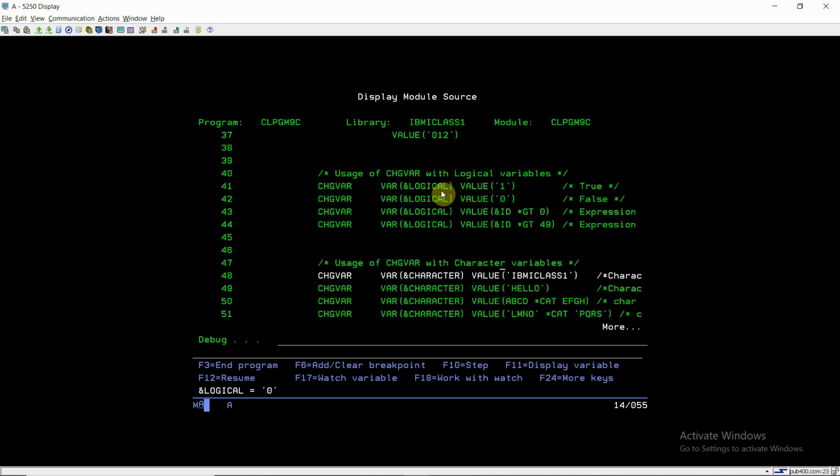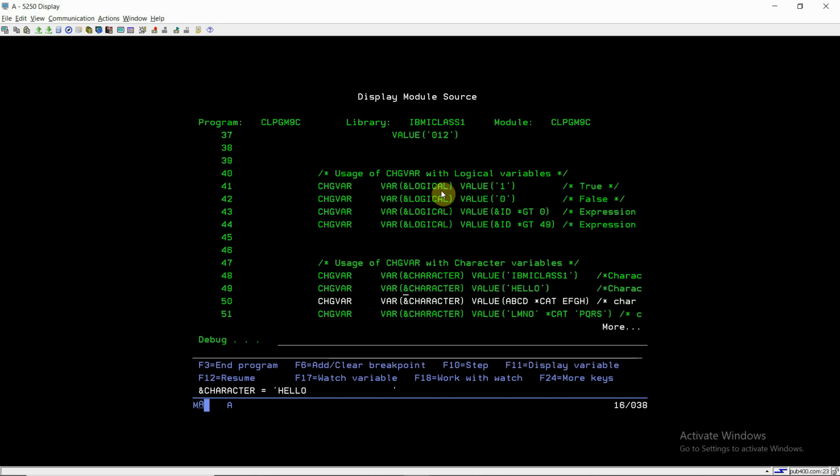Sure. Now the usage of CHGVAR with a character variable. First thing I did, the character variable is blank. Now the character variable has the value IBMI class 1, which is assigned as a single constant.